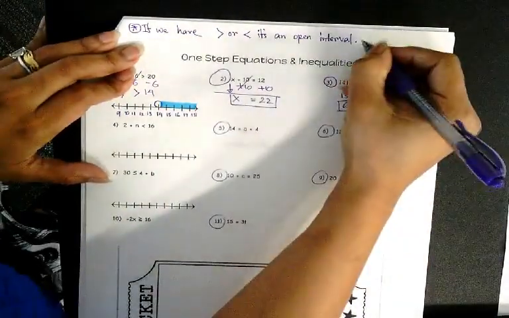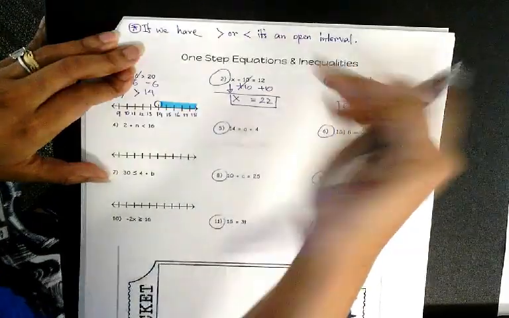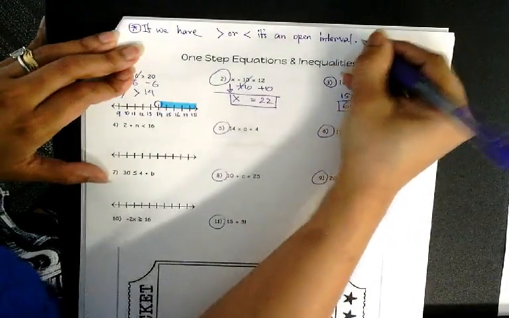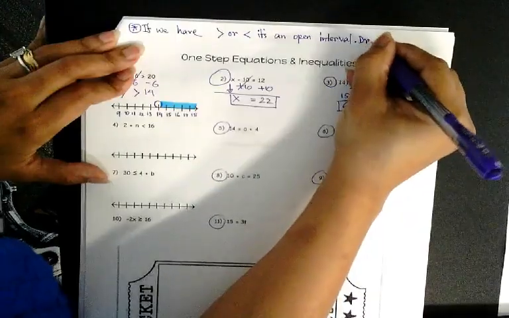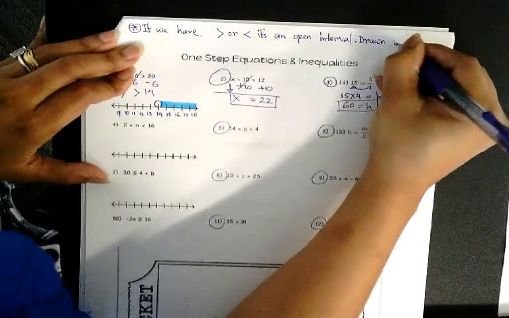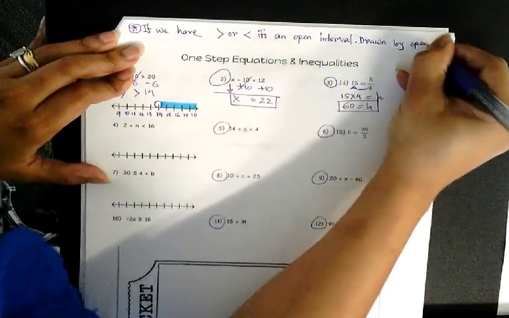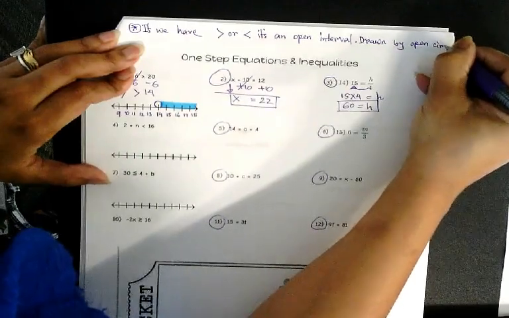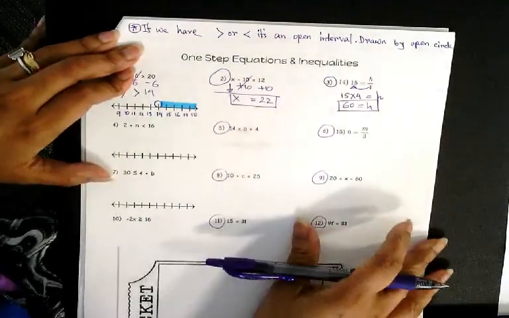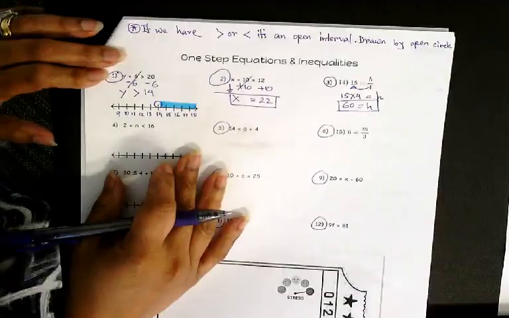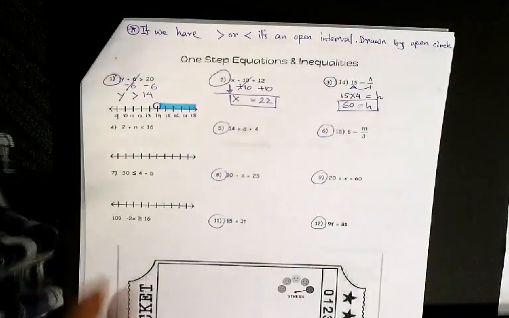Drawn by open circle. Open circle. The next one is